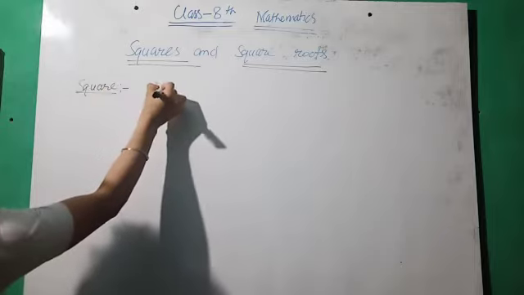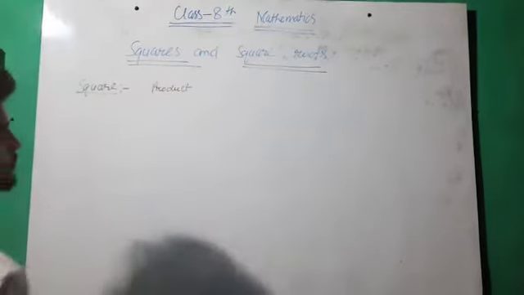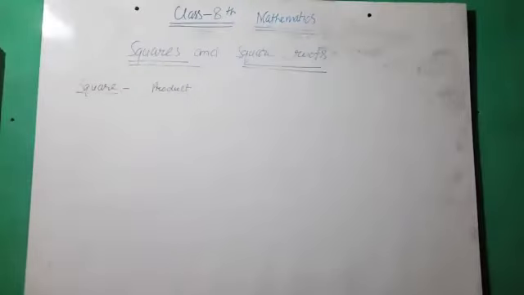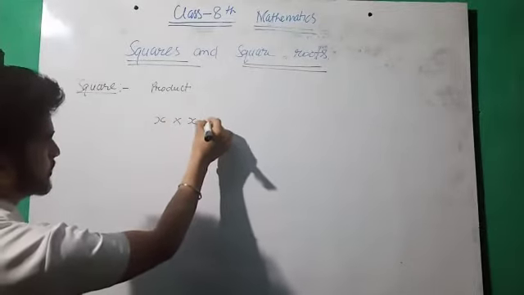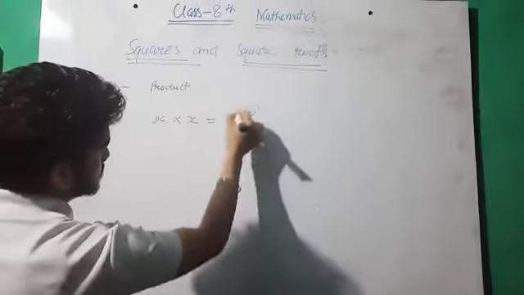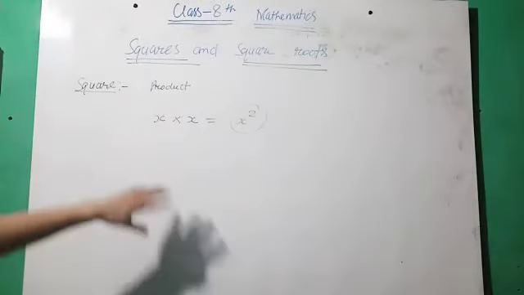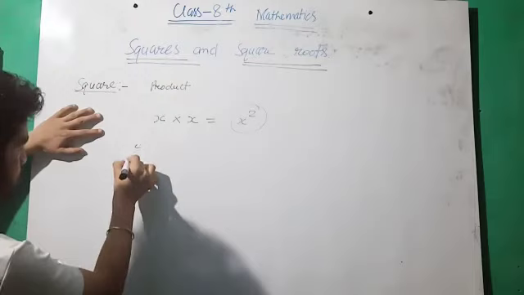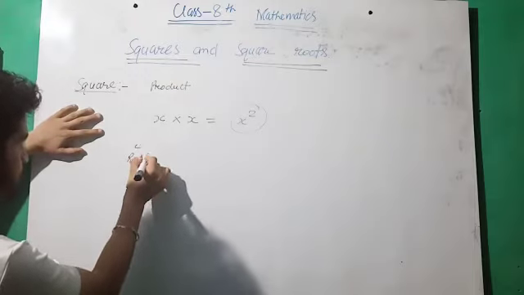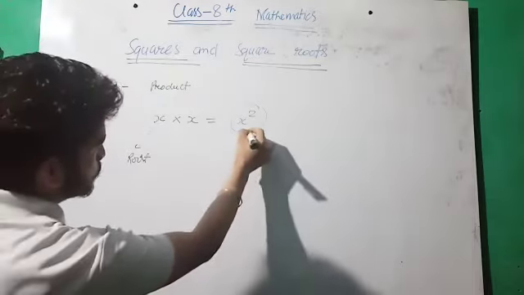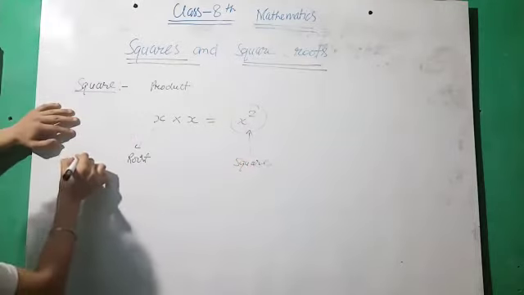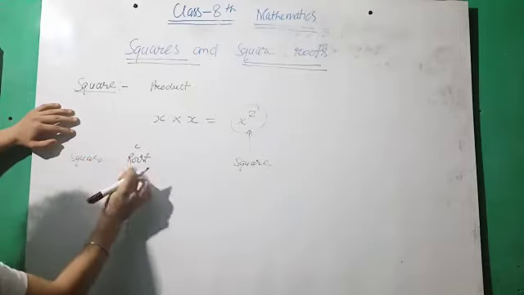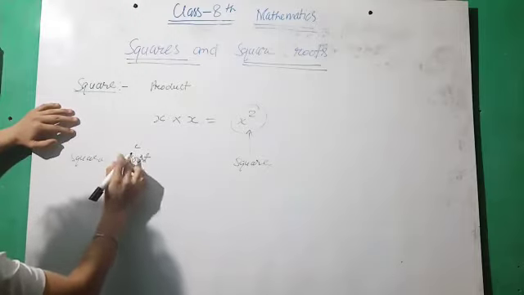Product of a number, or product of two numbers, when the number is multiplied by itself. It means, let us take a number x and multiply x by x, then x square is known as the square of x. This is the root value, so it is known as the square root. This is the root value and this is known as the square of the given number. Okay.